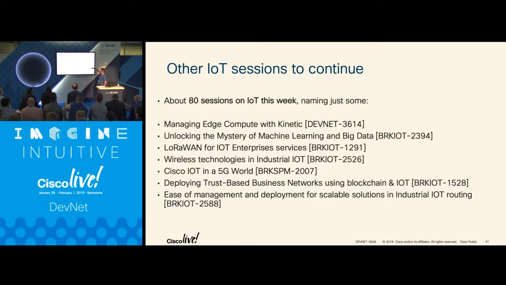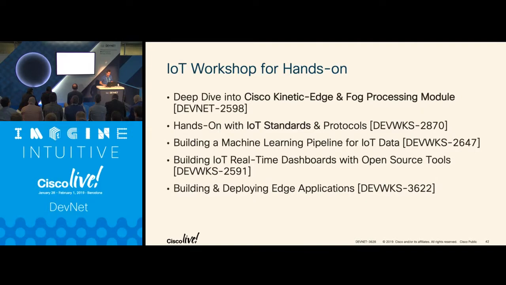All right, so there is one session specifically about blockchain, buzzword of 2019, but still, if you want to hear what we can do with IoT and blockchain, I think that's the session to go to, with my friend and colleague, John. And then the last one is going to be management and deployment of scalable solutions with IoT routing, so that's going to be all about our hardware platform for IoT. 807, 809, 829, IR1101, all the IE, IE2K, 3K, 4K, IOx components and things like that. Very hardware. In terms of hands-on,